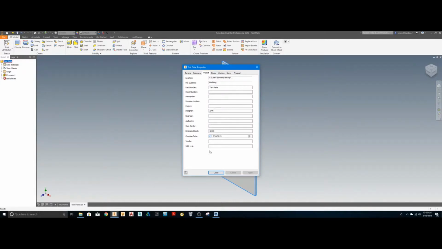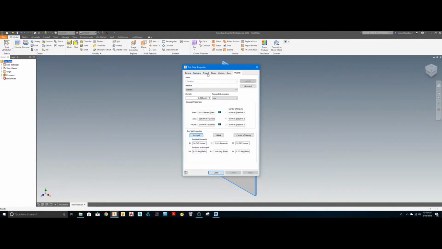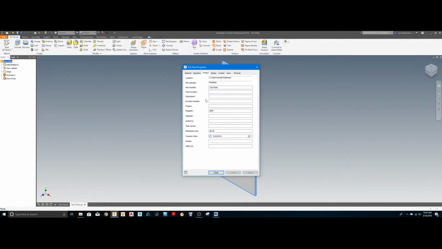And if you would like for me to go into further detail on everything that is in the iProperties, what all these tabs mean, the general, summary, project, status, custom, save, and physical, leave a comment below,